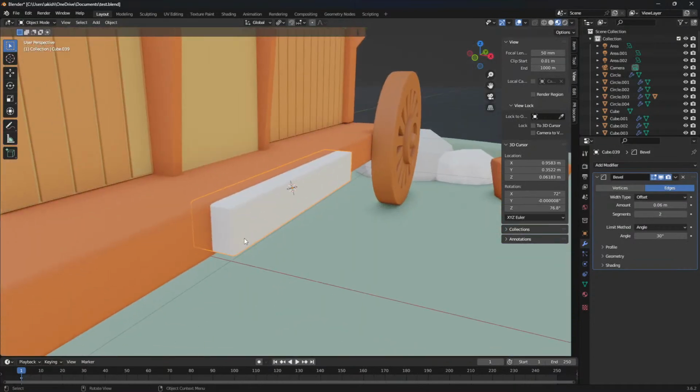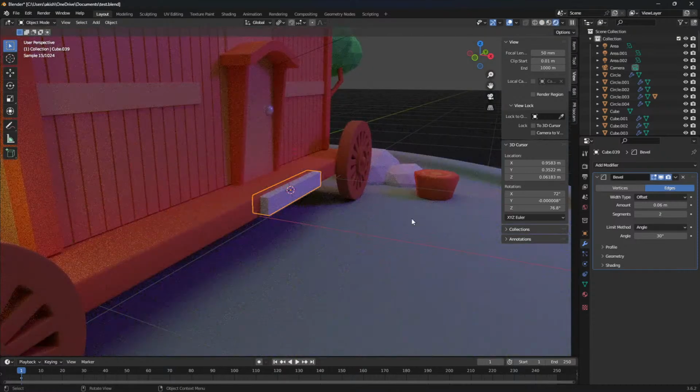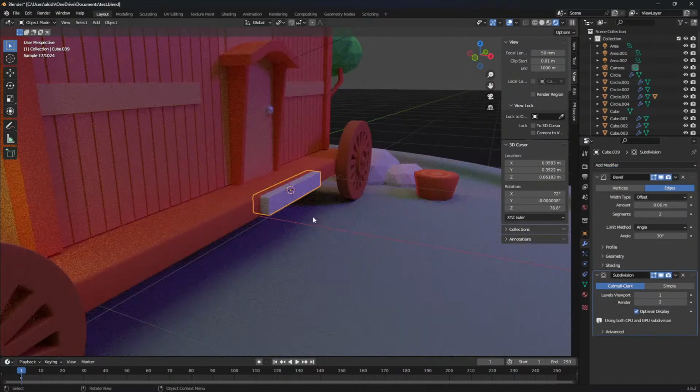Let's go here. Okay, all good. Now select here, and let's give it a subdivision if you want. Subdivision of 2, shade smooth,